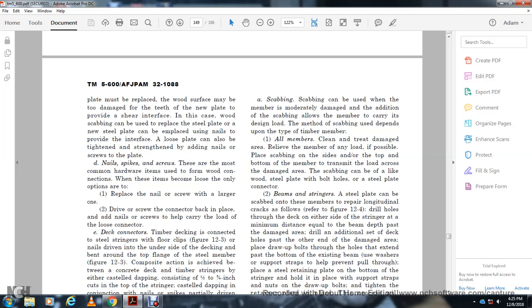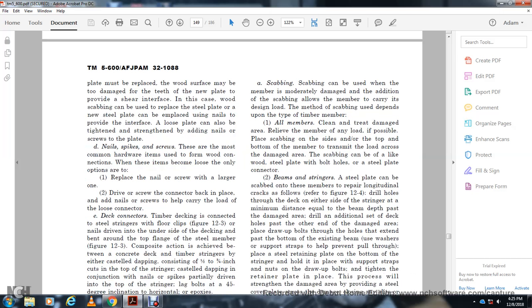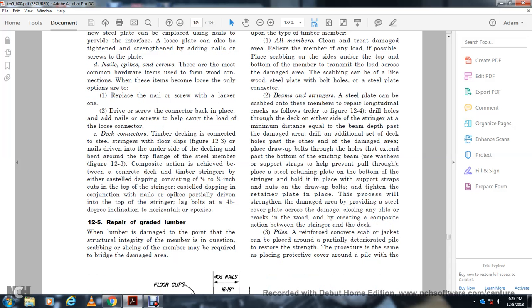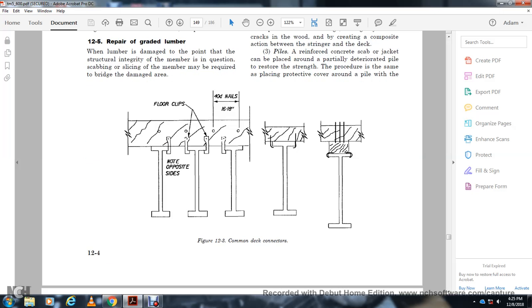Place the steel retaining plate on the bottom of the stringer over the holes, and place the support strap and nuts and draw the bolts tight with the retainer plate. This process will strengthen the damaged area, providing a seal with the cover of the plate across the damage, closing the splits and cracks in the wood and creating the composite action between the stringer and the deck plies. The reinforced concrete seals, jacked in place in a partially deteriorated pile, restore the strength. The procedure is the same, placing the protective cover around the pile, and then the common deck connectors,